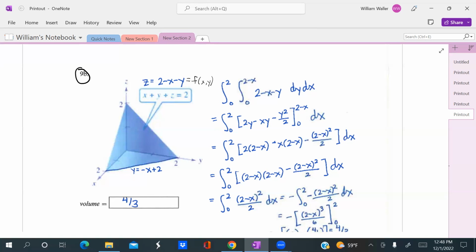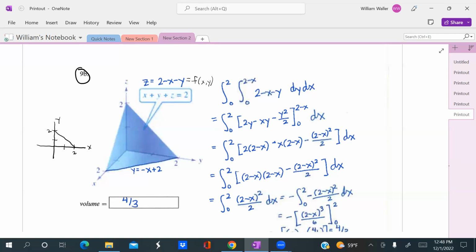So I didn't redraw a picture of this region in the XY plane. It's very easy to do that though. If you just scribble here quickly a picture of the XY plane, you just get this very easy line that goes through 2 on the x-axis and also goes through 2 on the y-axis,